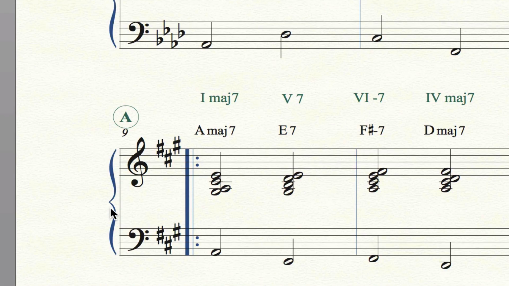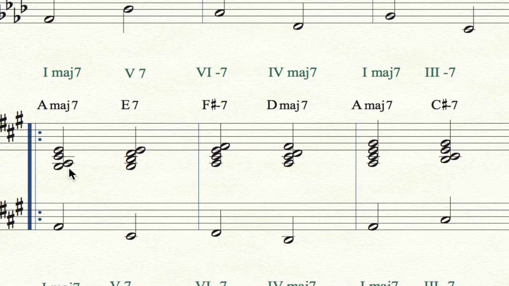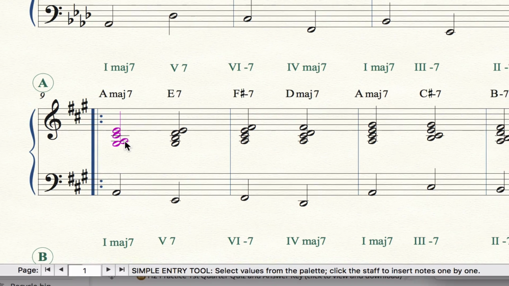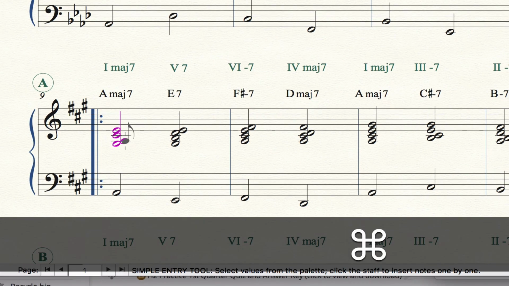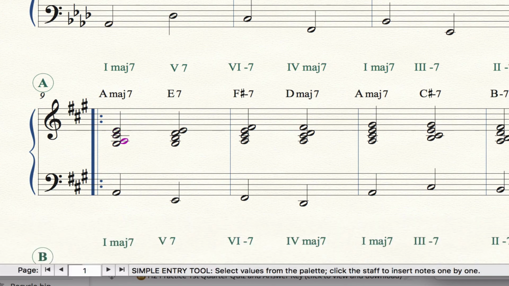So if I zoom in here, you will see in there is a 1. And if I double click on it, I get the whole chord. And if I hit Command arrow, I can go up and down through the chord, Command arrow up, Command arrow down, till I get to the note I want. I'm on the right note, and now I let go of Command and I just do the arrow by itself,